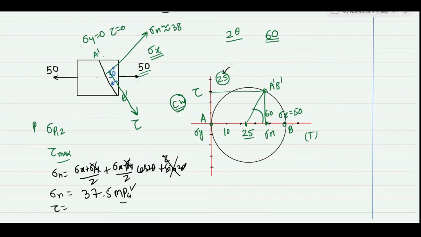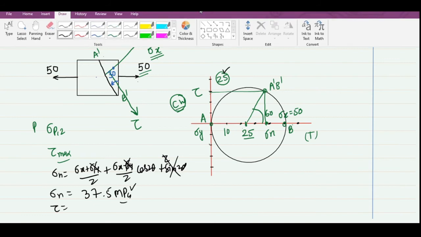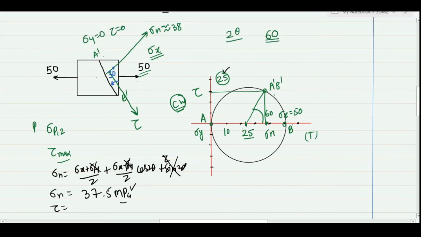Now, if you want to find the principal stresses, we have already seen that the two extreme points of the circle represent the principal planes. So in this case, these two points correspond to the two principal stresses. So my sigma P1 will be 50 and sigma P2 will be 0. What is the position? As this is just coinciding with the AB line, that means theta P is also 0.